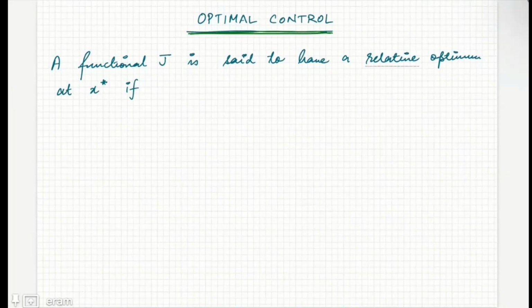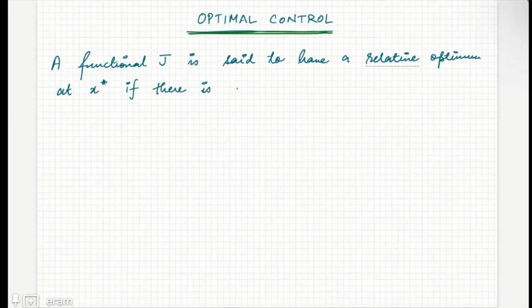So why are we calling it relative optimum? Because we are considering only a neighborhood of some point of interest. So we are analyzing our functional over that domain, because sometimes that is not the only optimal of the functional. There may exist some other optimal point in other neighborhood, so that may not be unique. So we often call it the relative optimum at x star